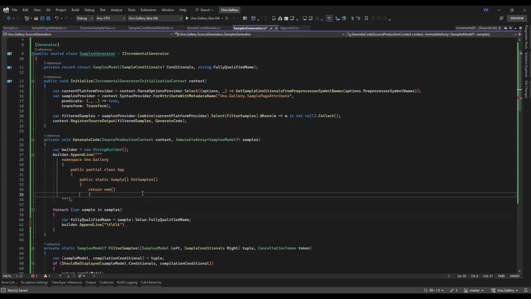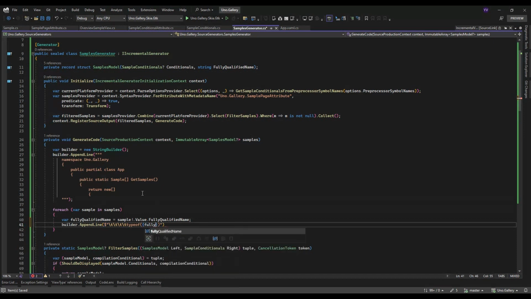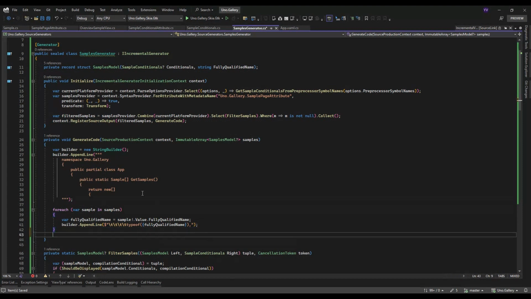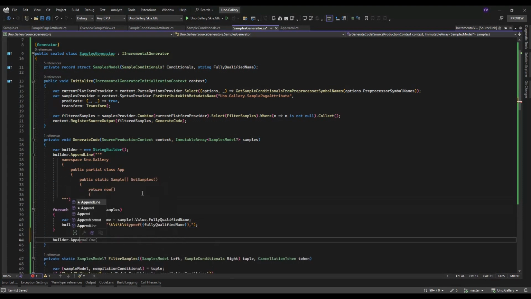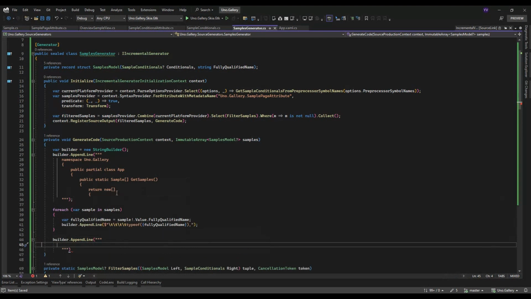So 3 tabs, and we need a 4th one, and then type of fully qualified name, and then append a comma at the end, and then append line, and